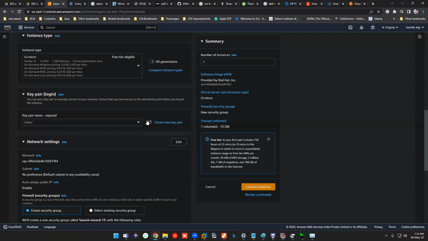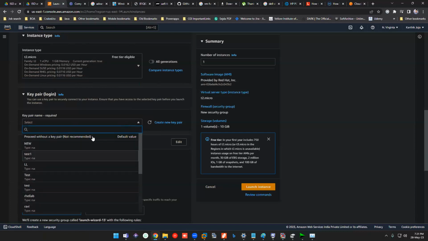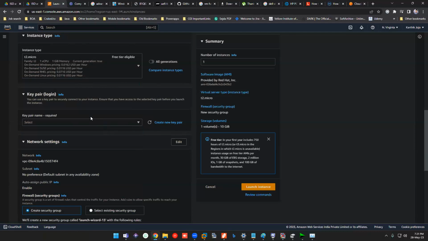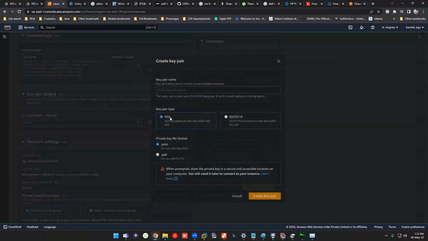The next one is the key pair. In my case, I have a lot of key pairs, so don't worry about that. First thing, you create a new key pair. What is this key pair and everything? We will have a dedicated session on that, and it would be very interesting. Trust me, it will be an awesome session. But we will see that later, because if I explain that now, for sure you'll be confused. For the time being, it is nothing but a private key and public key, where the public key will be placed inside that server and the private key will be downloaded here.